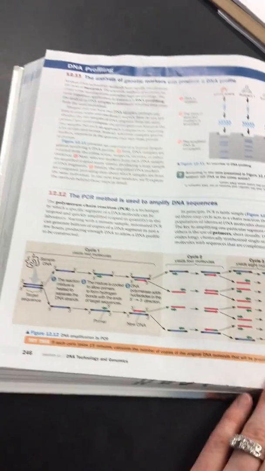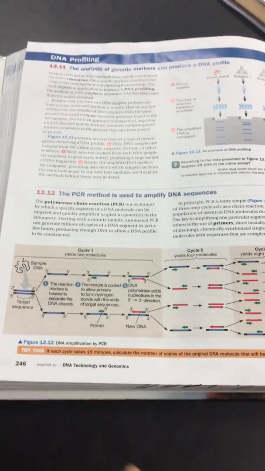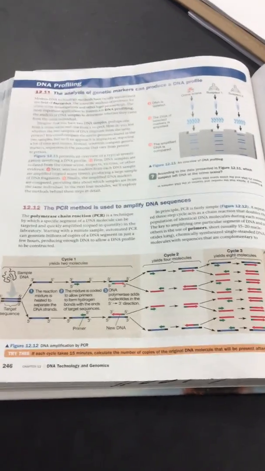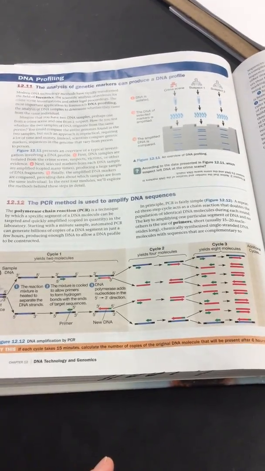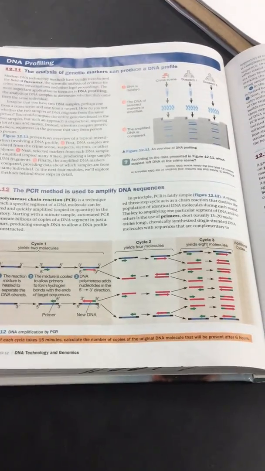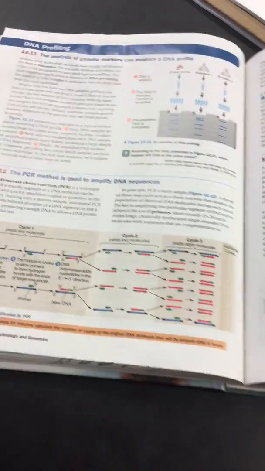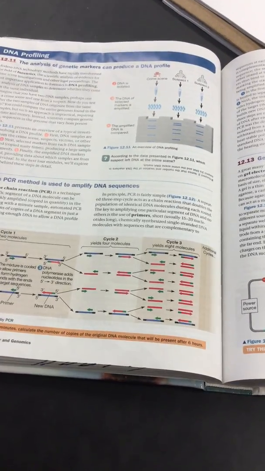PCR is called a polymerase chain reaction because we're using polymerase over and over again to get more copies of the same DNA sequence. That's called amplification, just like amplification in the signal transduction pathways. Obviously, I didn't quite finish talking about this, so I will finish on Friday or Tuesday.